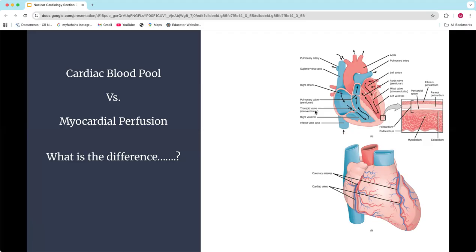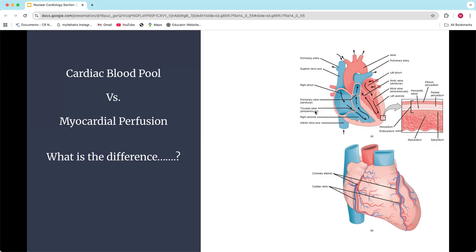You mentioned that with our blood pool, we're imaging the blood going into the cardiac chambers, right? It's going through the heart. We're looking at the volume that the heart is able to push out. We were looking at counts inside the left ventricle, and then the counts that were out of the left ventricle when we had an ejection fraction, or we had a squeeze, right? And so you're exactly right.